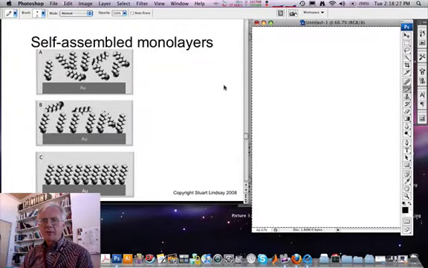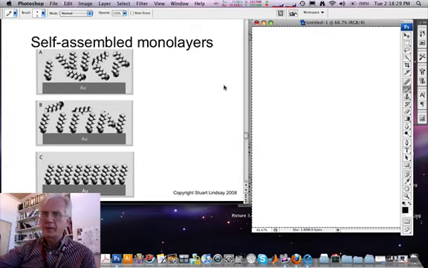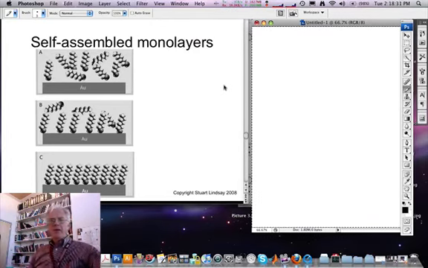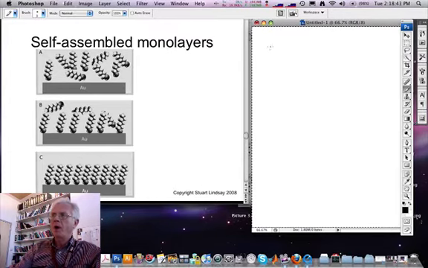Turn now to some less biological self-assembly procedures. And the first one I want to talk about is the formation of molecular monolayers on surfaces. There's a vast literature of this field, and I'm just going to focus on one procedure, which is a very